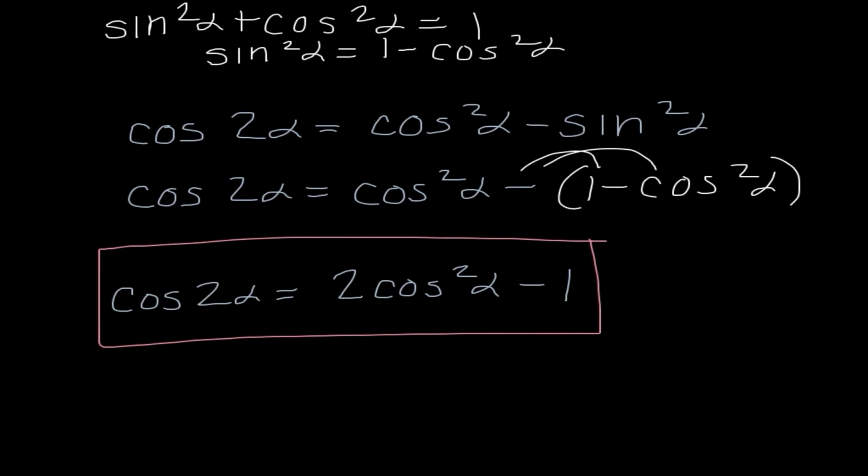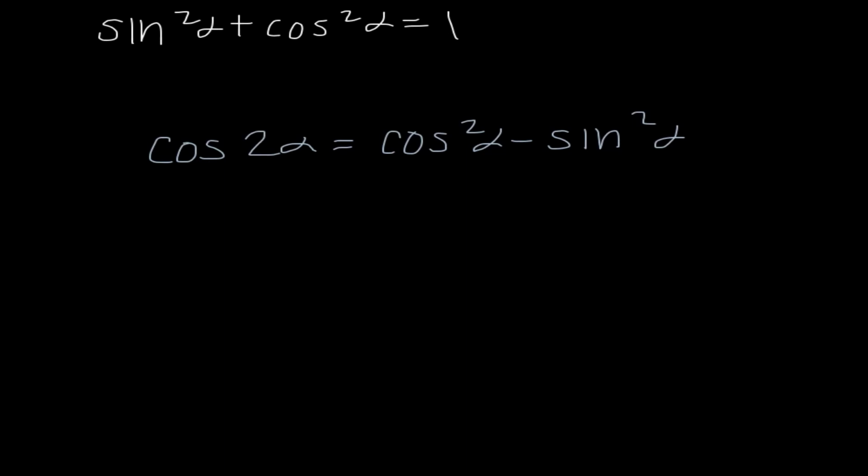So far we have sine of 2 alpha equals 2 sine cosine. We have cosine of 2 alpha is cosine squared minus sine squared. And now we have cosine of 2 alpha equals 2 cosine squared minus 1. Our third and final cosine equation,